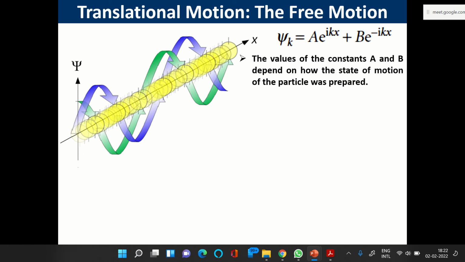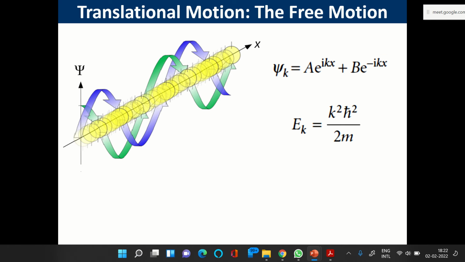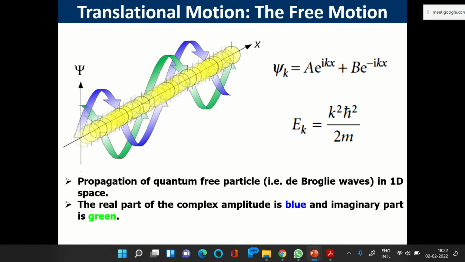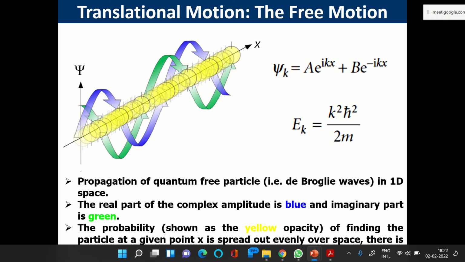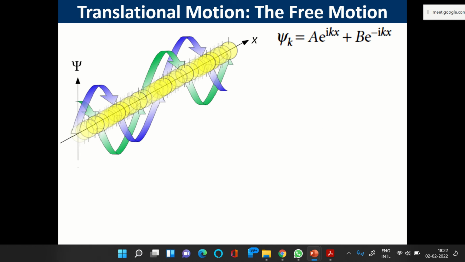Yes. So I was telling you about this equation. Green and blue is the imaginary part, and this part that we are talking about, the constancy of this probability that is shown by the blue color, that is a particle. If it is a ball, the presence of the ball all over the place has the same probability, so that